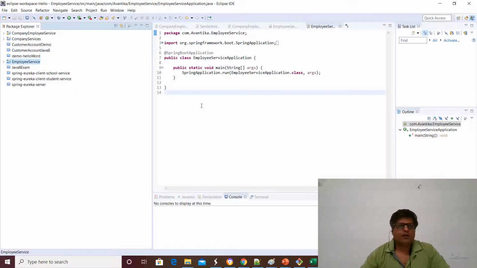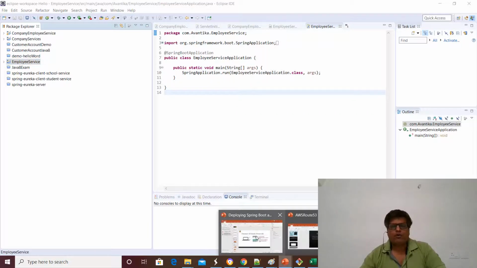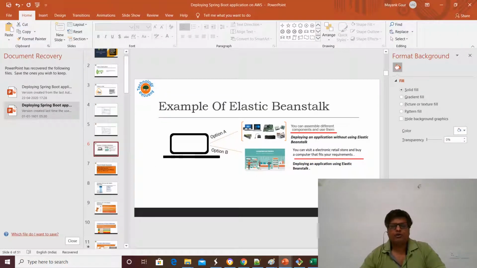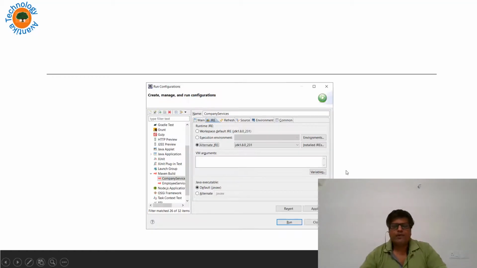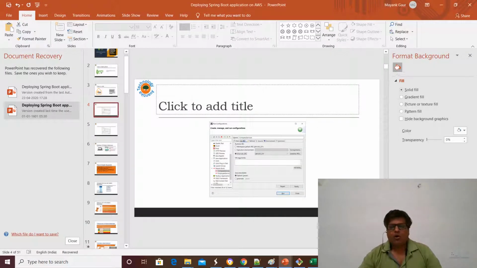Meaning thereby that now we have to particularly launch these applications in the AWS server. So before going to the AWS server, I want to tell that when we are doing that, particularly with AWS, then we have made the jar files here. So basically, if you don't know how to create the jar files,